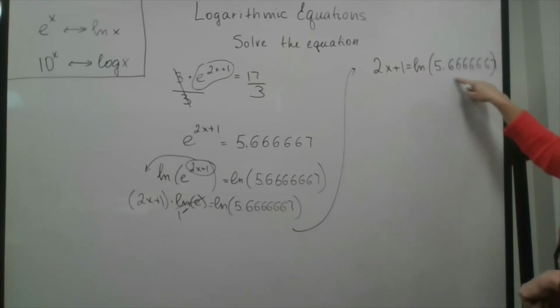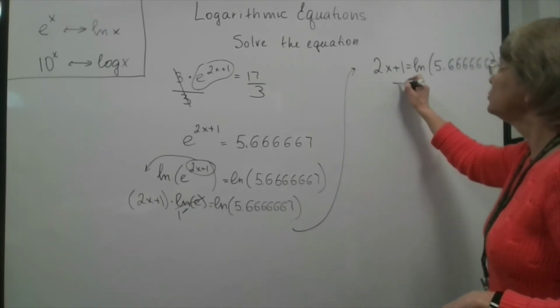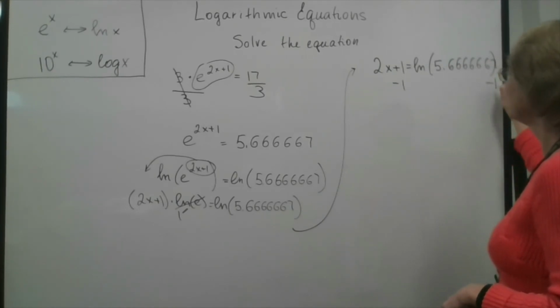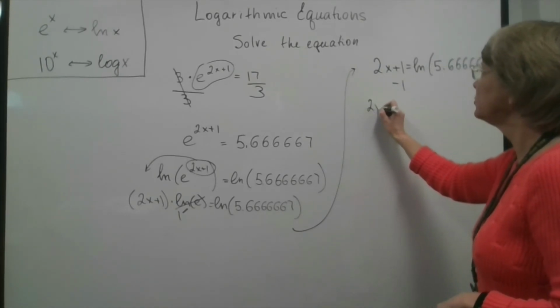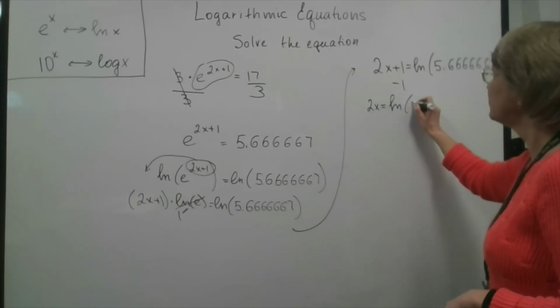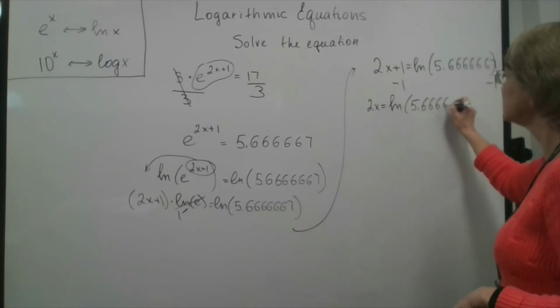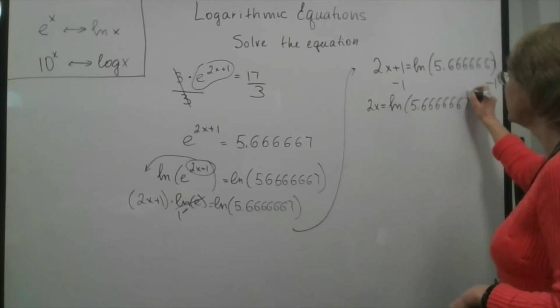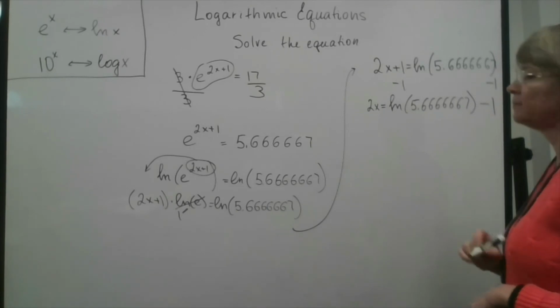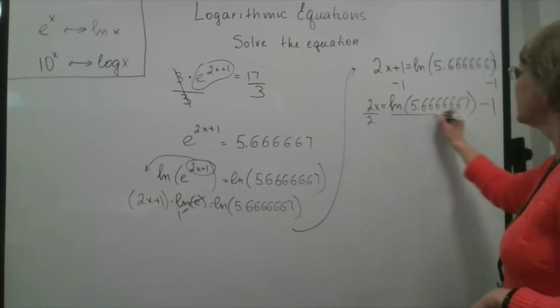This is a beautiful linear equation. We know how to solve it. We will subtract 1 from both sides. So it will be 2x equal to natural logarithm of 5.6666667 minus 1. We will divide both sides by 2,